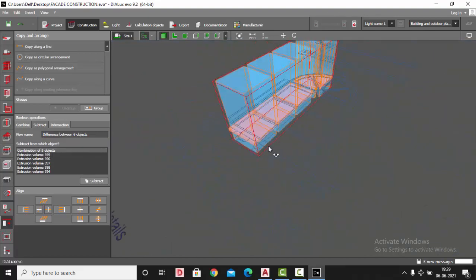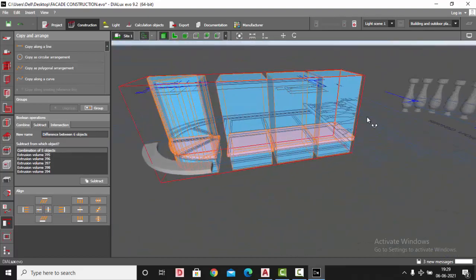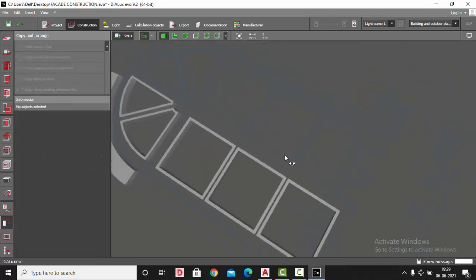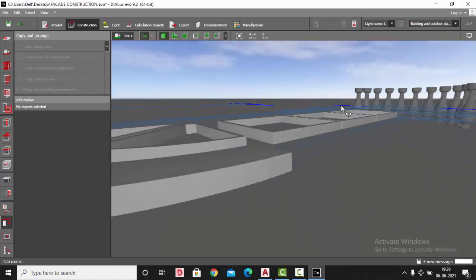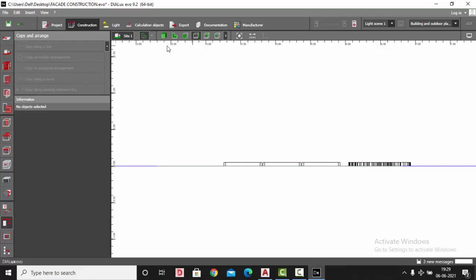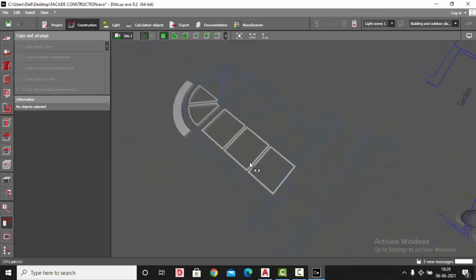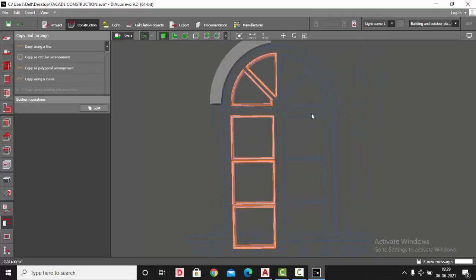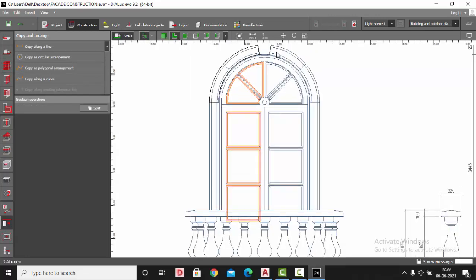So the difference that we are going to have after subtraction will be in the pink color. So this is my highlighted portion, and then subtract. Perfect. You can see this here. Now the same thing I'm going to copy on the other side. So just Control C, Control V